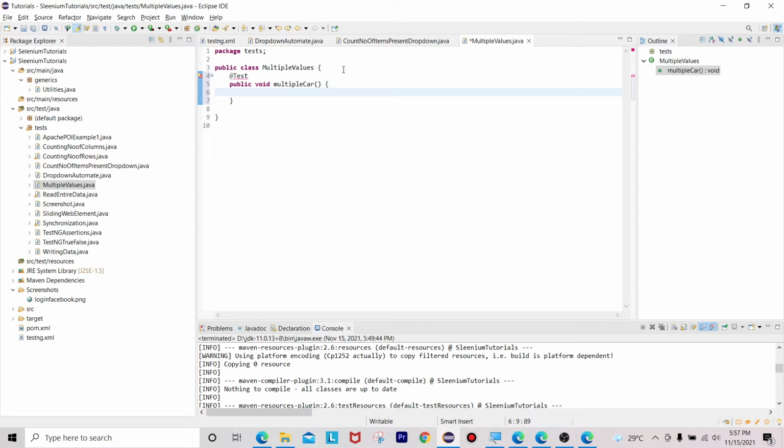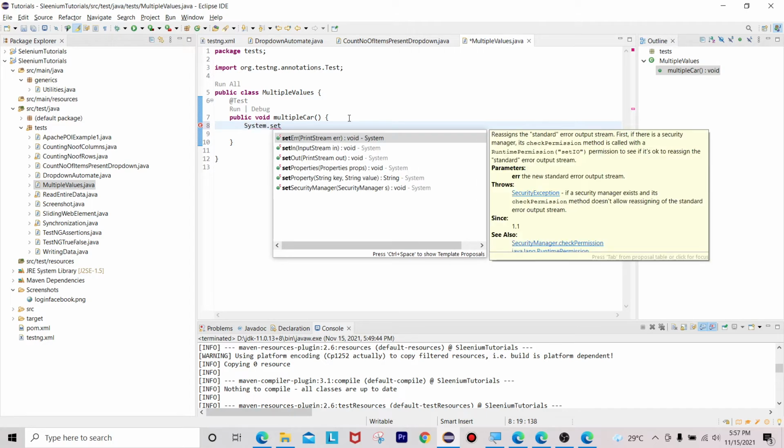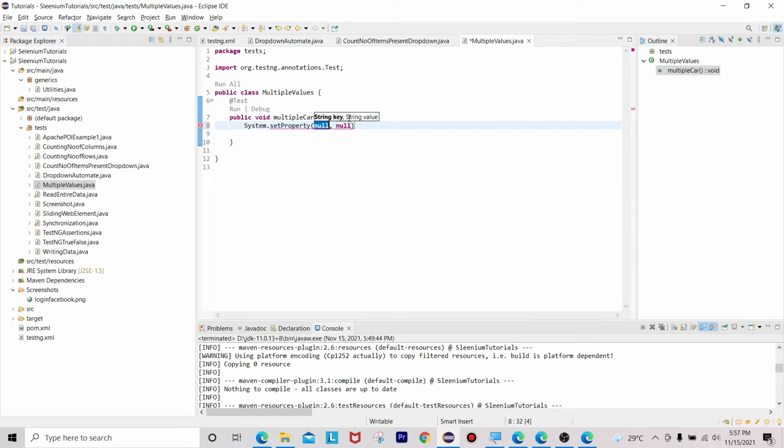So here in the same way, what we need to do, we have to create System.setProperty of webdriver.edge.driver.